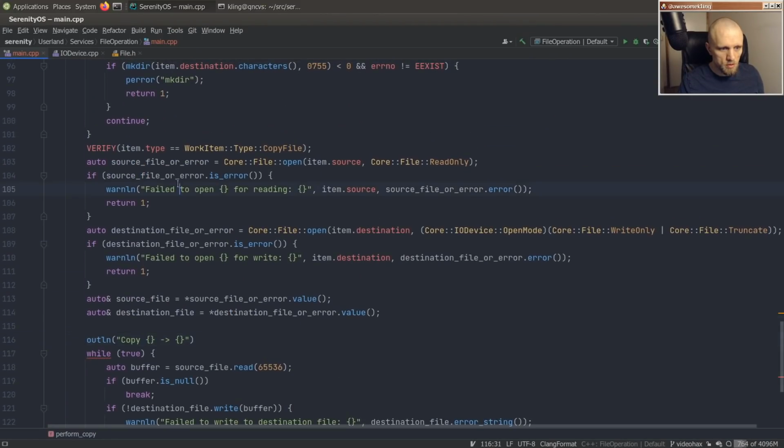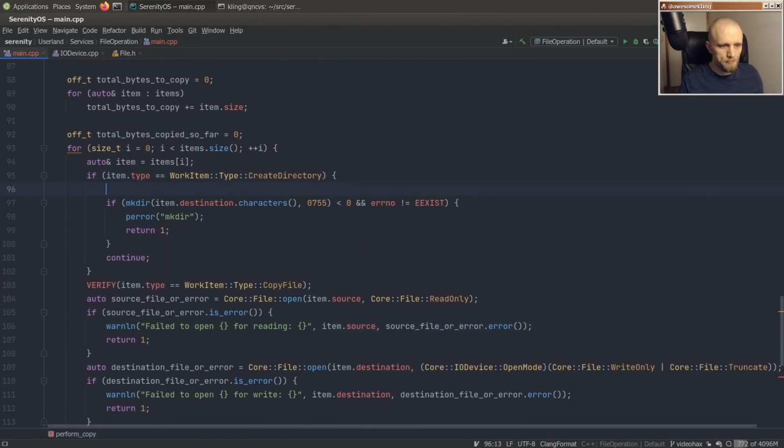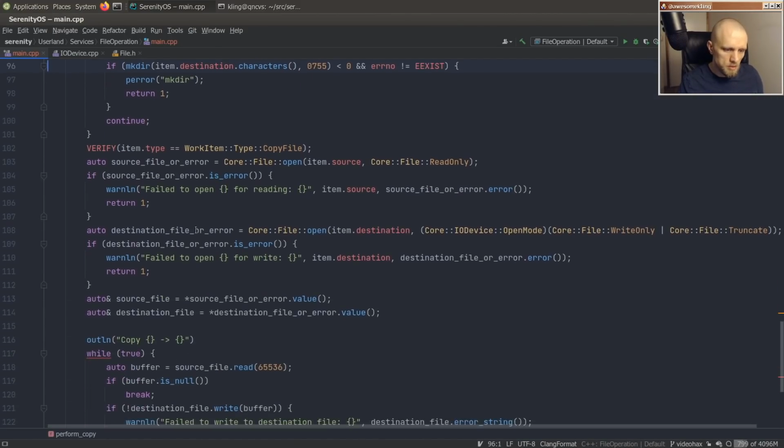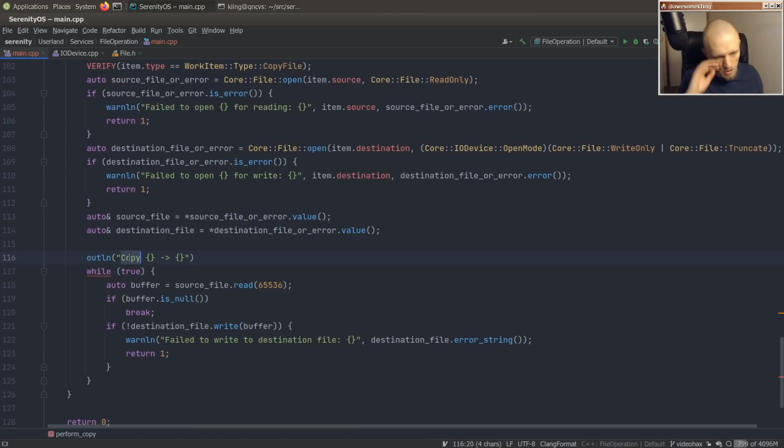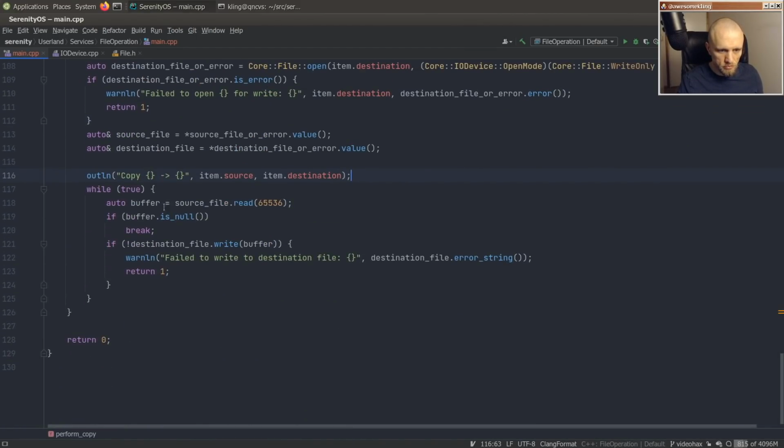So well, we don't have to say anything about that. So copy this to this, item source, item destination, and then